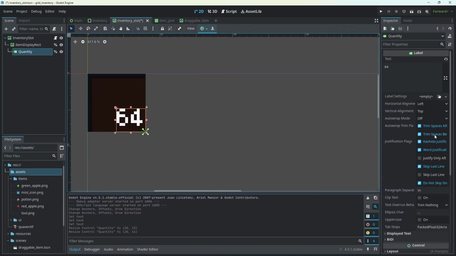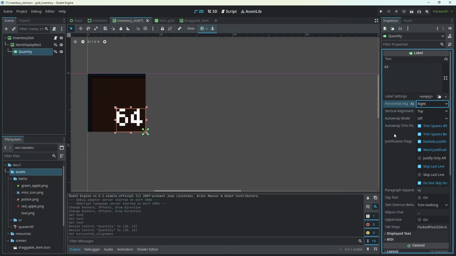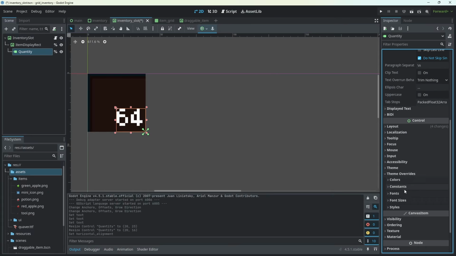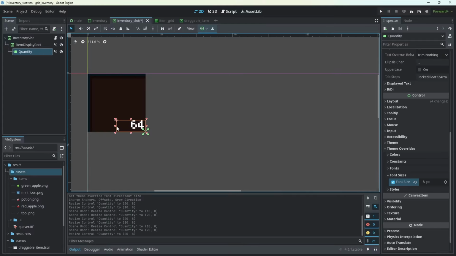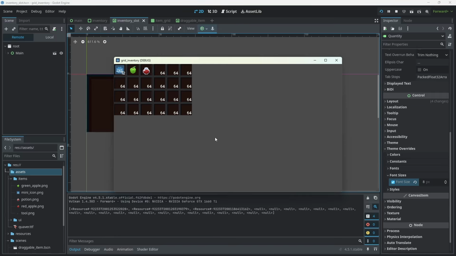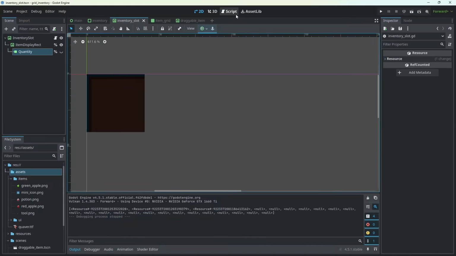like this. Now let's change the horizontal alignment of our label to right, and then in our theme overrides and font sizes, let's set the font size to 8. Now we'll need to do this, but other than that it is kind of working. Let's run this and see how it looks. Very nice. Let's continue. Let's hide this quantity label so it's not visible by default, and let's go into our